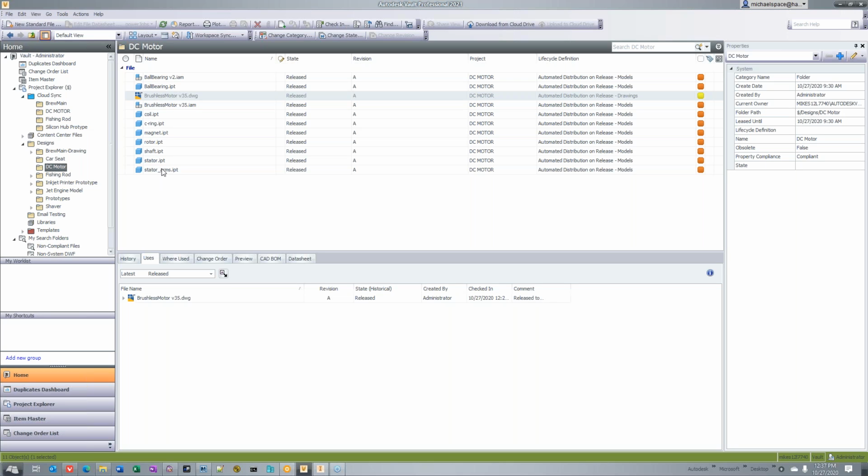So wherever they live in the vault, it does not impact my Cloud Sync folder structure. Now, if in turn I said, do not use the project, but use the parent folder name to generate my Cloud Sync folder, then any move in my file would result in a change in where the files were published